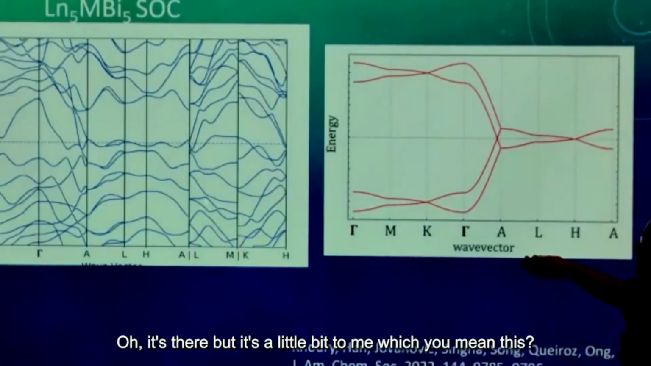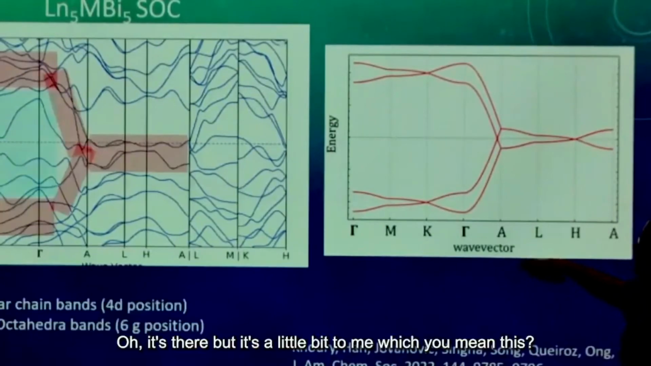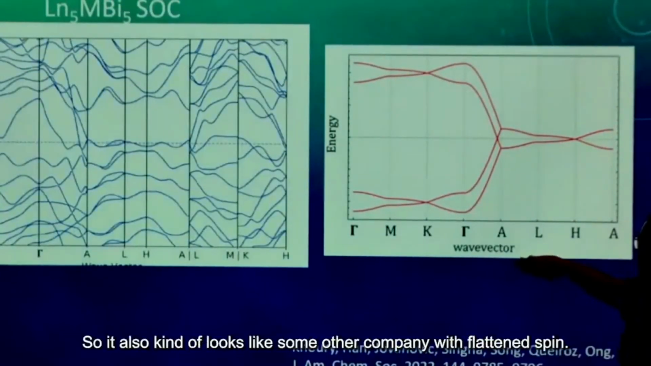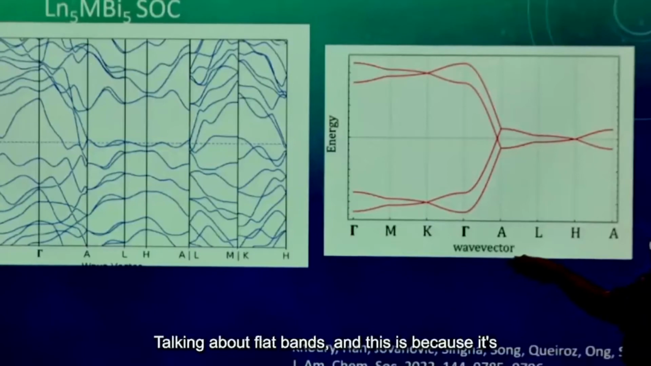So you actually split orbits. You also see how you double the number of bands from here to here with spin-orbit coupling. It splits them all, and it splits them really widely. So it also kind of looks like spin-orbit coupling would flatten the band, talking about flat bands, right? And this is because it's